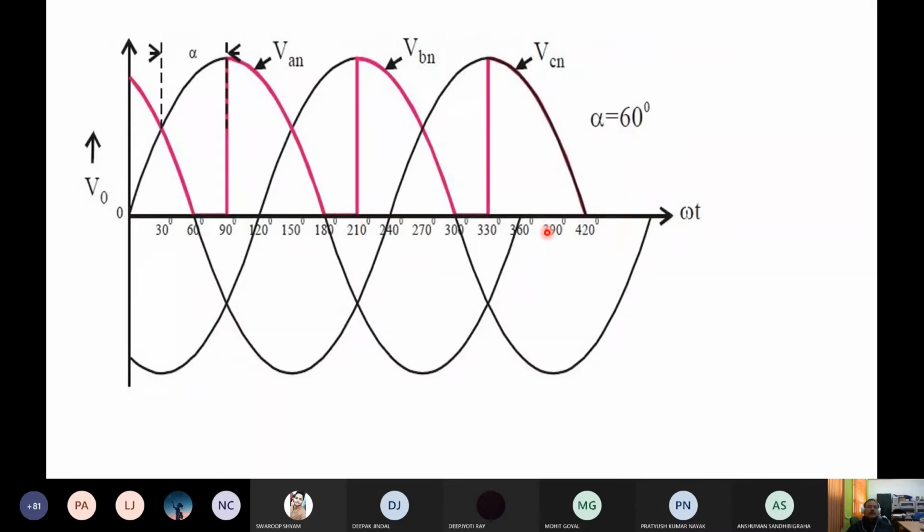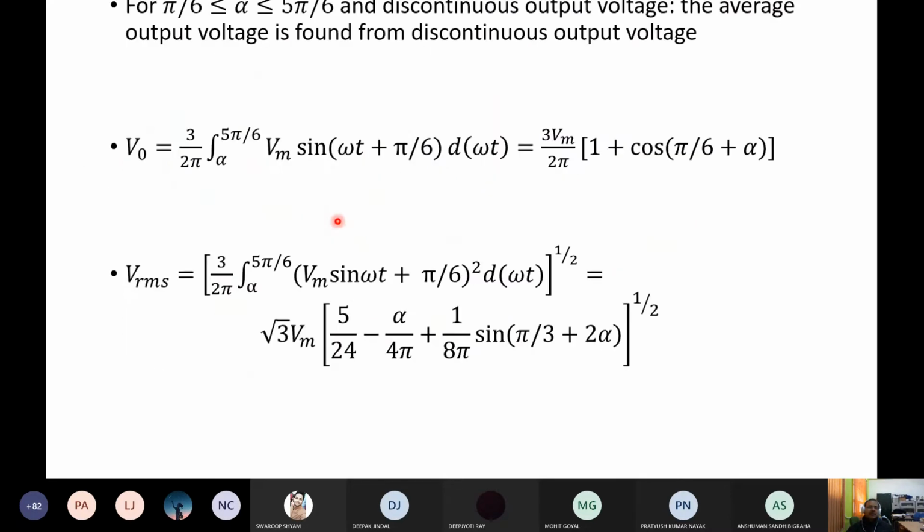And so this is greater than 60 degree. Just 60 degree. Okay. If this is the reference, this is 30, 30. Alpha is 30 here. This is the reference, this is 30, and this is 30, 60, 60 degree. Okay, resistive load. So it is alpha to 150 plus alpha. Alpha to 150.